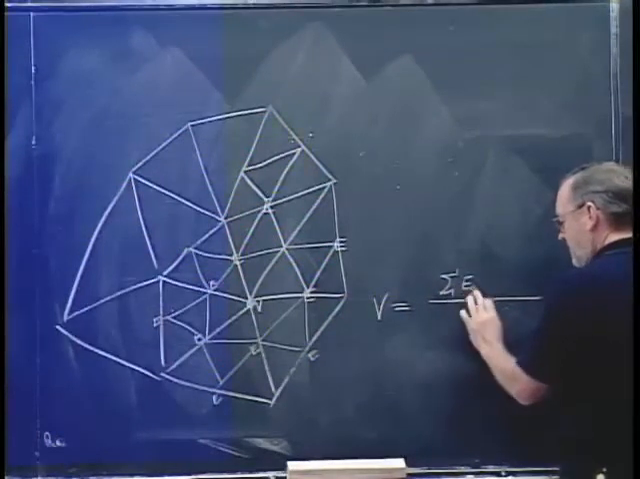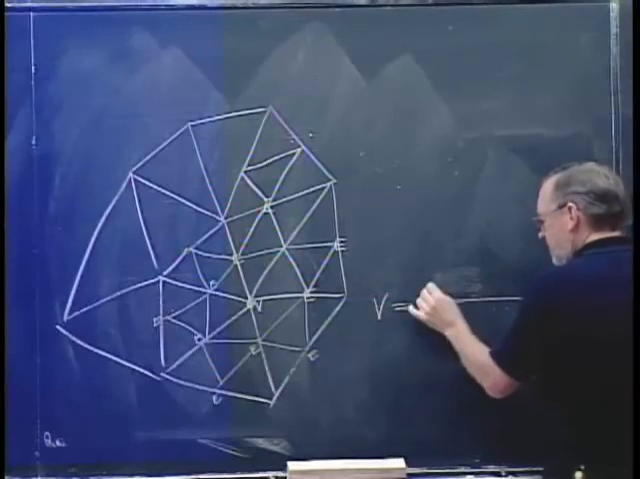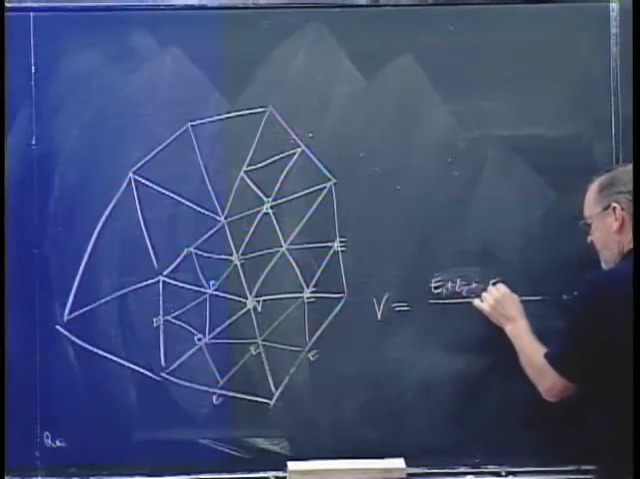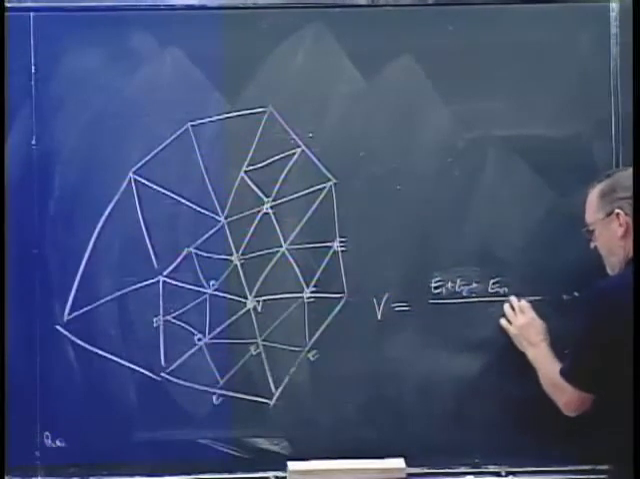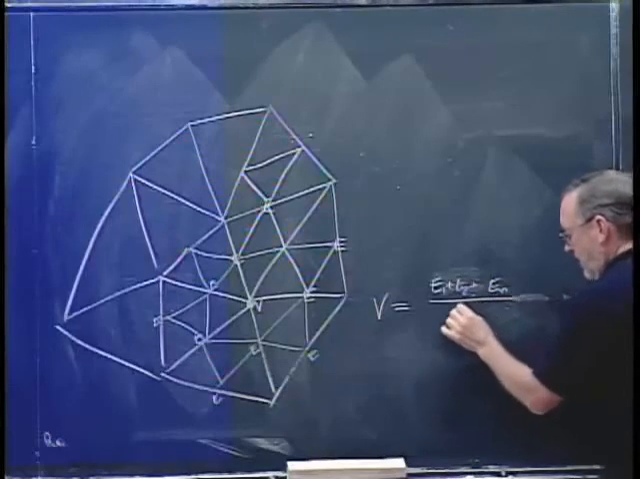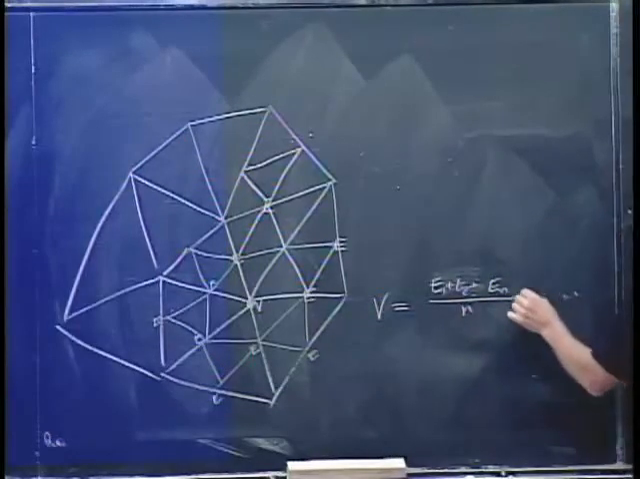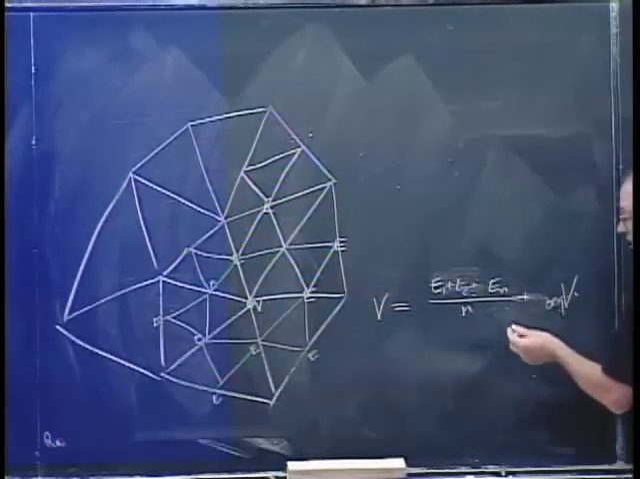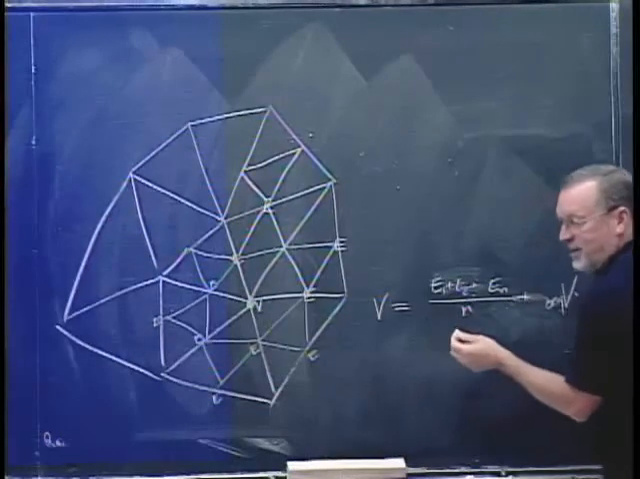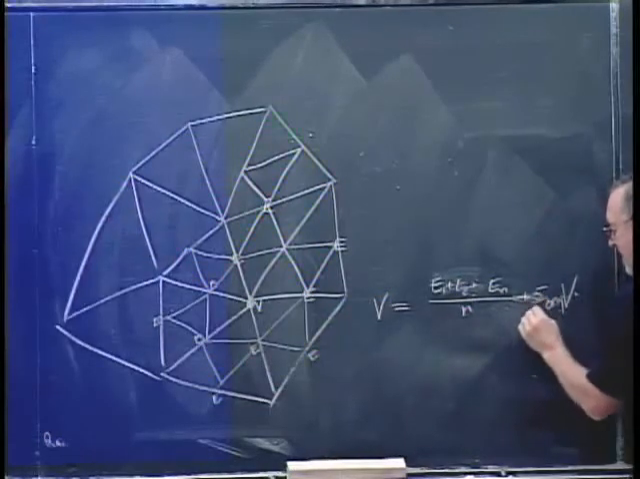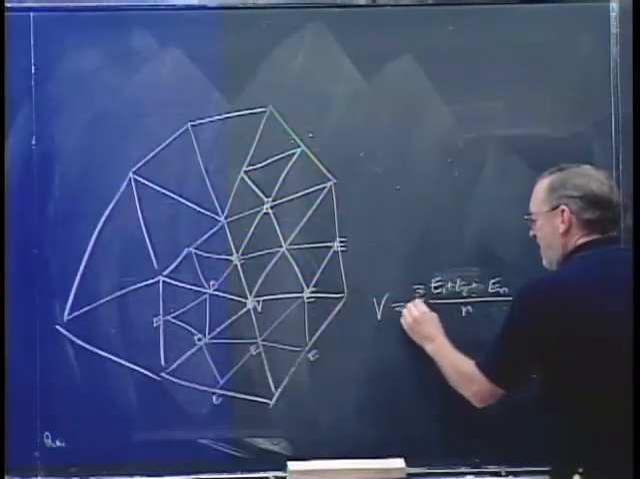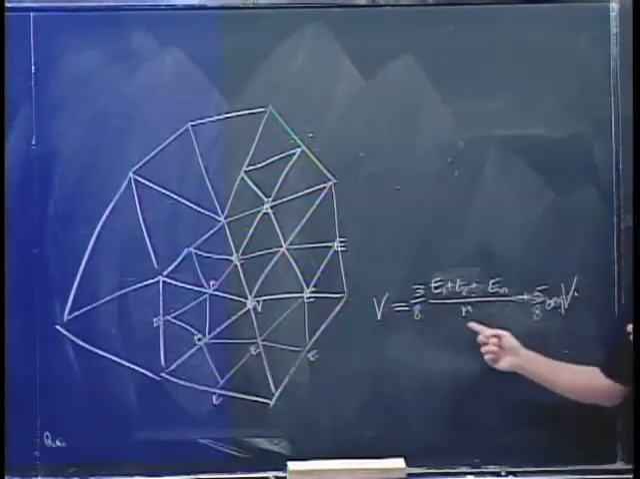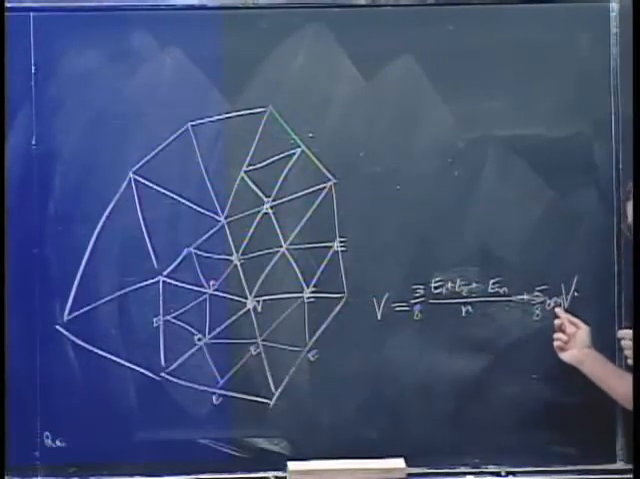Let's do it this way: edge 1 plus edge 2, and so on, over n, however many edges there are, plus this vertex, the original, and it takes some average of these. And it turns out that what people have found out mathematically, which is kind of interesting, is they take 3/8 of the average of all the edge points and 5/8 of the original, and